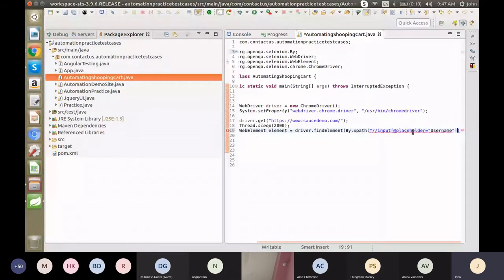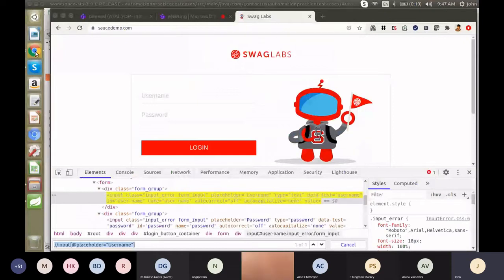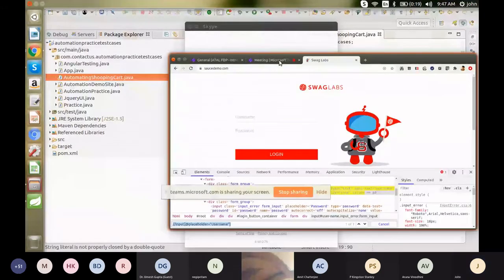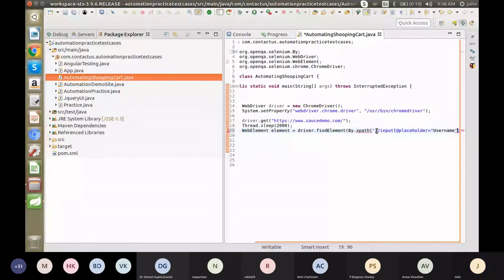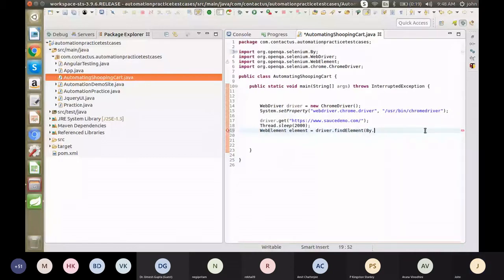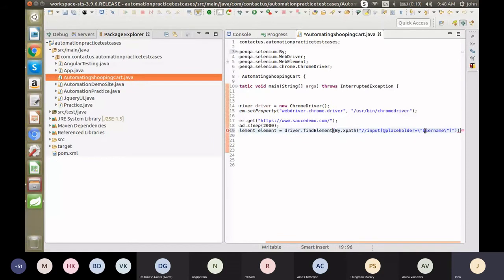Some issue in the XPath, so I'm copying it again. Now it is okay. Now we have found the location.